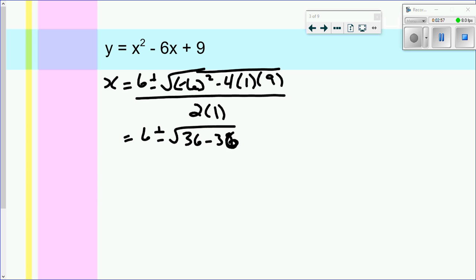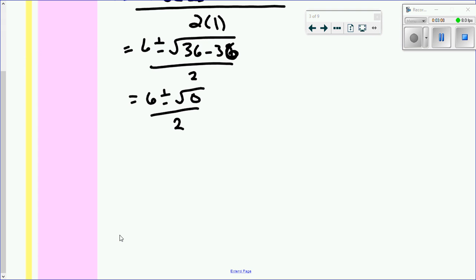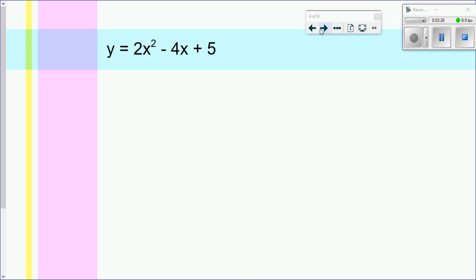36. Sorry, sometimes I get thinking about the next line and I forget to finish off what I'm doing. Square root of 0 is 0. 6 plus or minus 0 doesn't matter. It's still 6. 6 divided by 2 is 3. And last but not least,